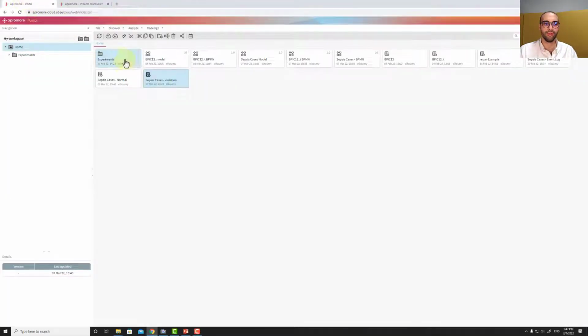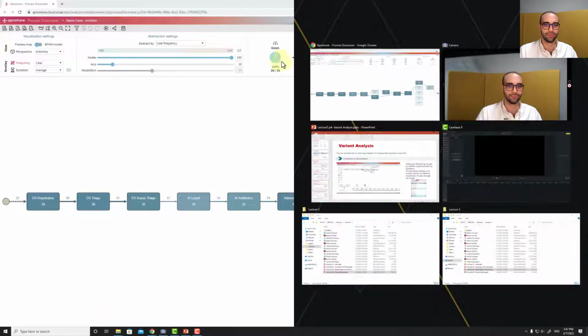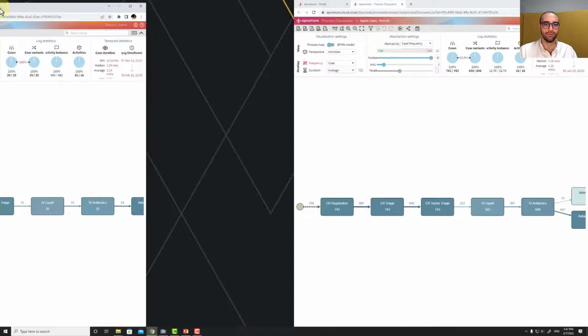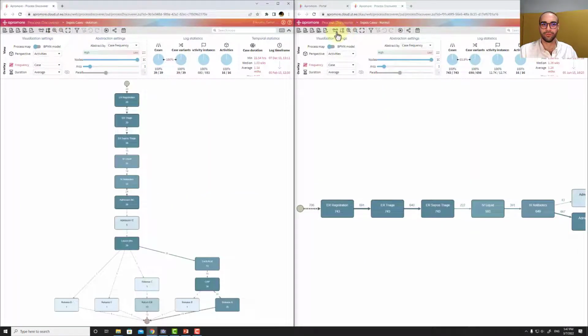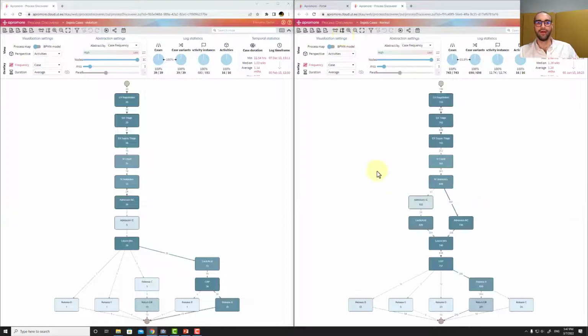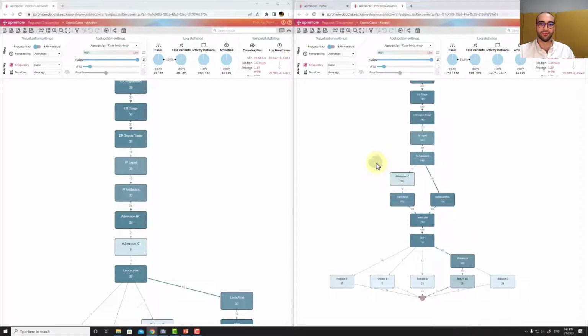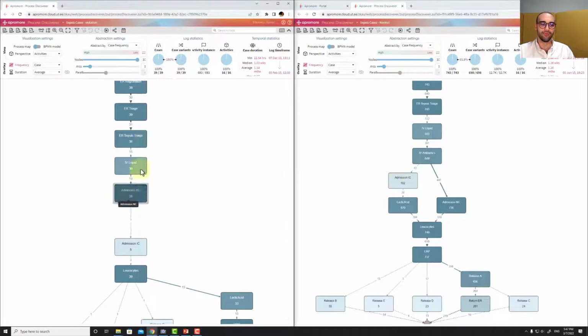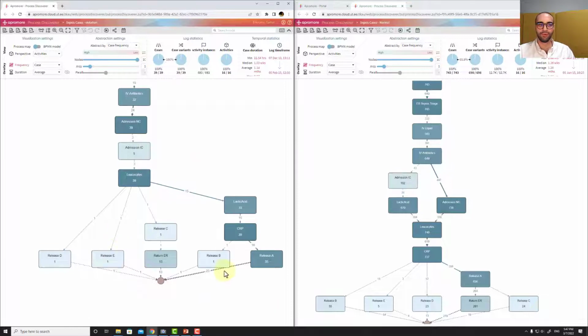So I will open the two event logs here. It's side by side, and then I'll make the orientation look like that. So here I have the cases side by side, the event logs side by side. As you can see, there is a difference in the flow itself, maybe in the frequency of some